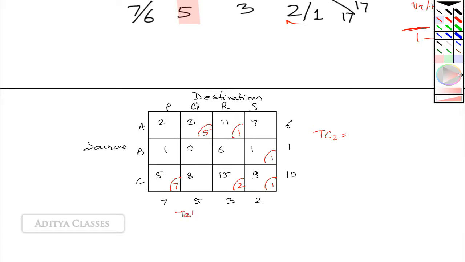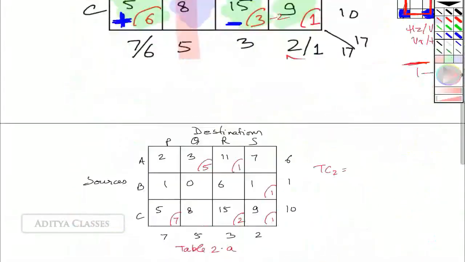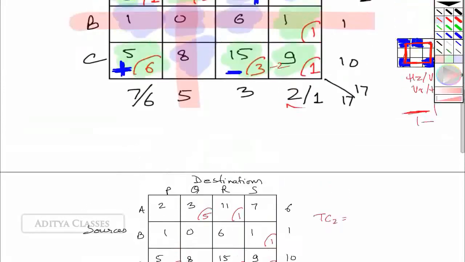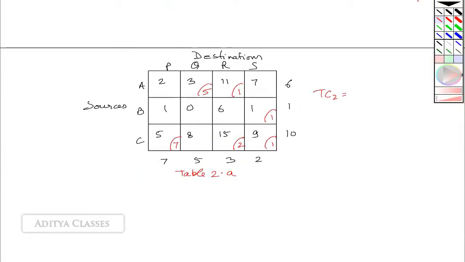of second? I'll call it table second phase A. All A tables will be our original tables. All the first tables. This is my original table. This is my check table. This is my original table, and then I'll be having a check table. In any case, this is my assignment.